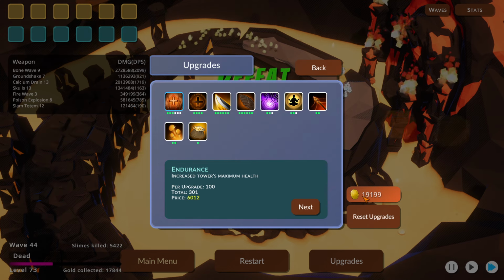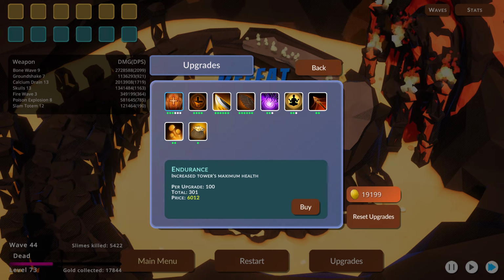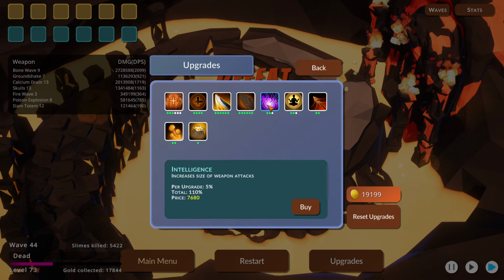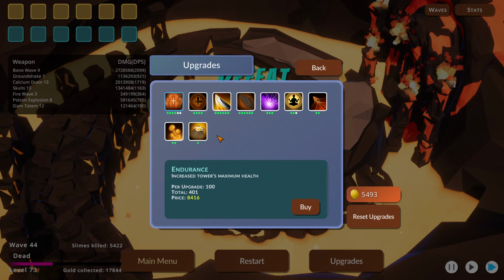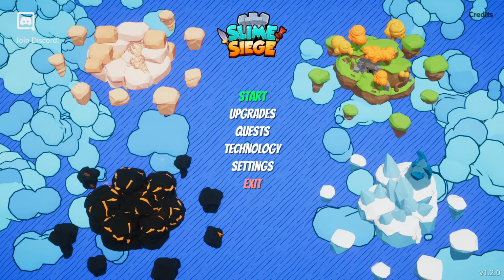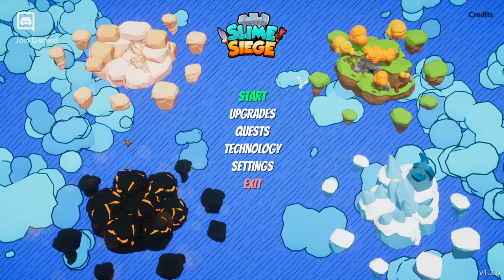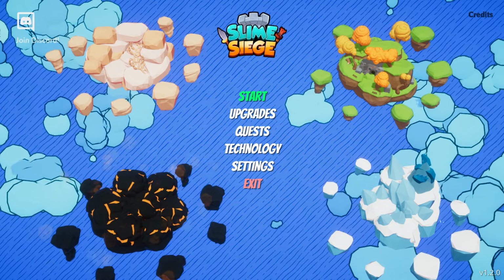Alright, let's see. We have 19,000 money. We could increase the maximum damage, health, I mean. We cannot go for more EXP gain. We can increase size of weapon tags. Yeah, I think we buy this, we buy that, and that's pretty much it. We're getting close to having all of the upgrades. This is a shorter episode, but I think with a game like this...